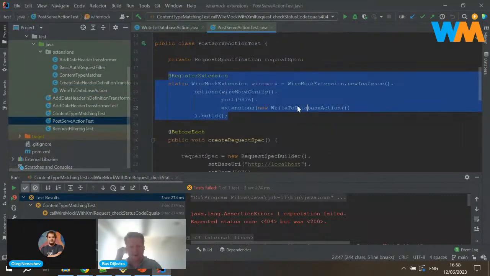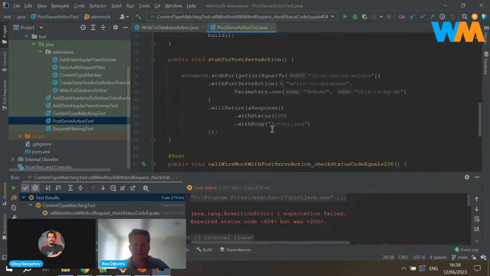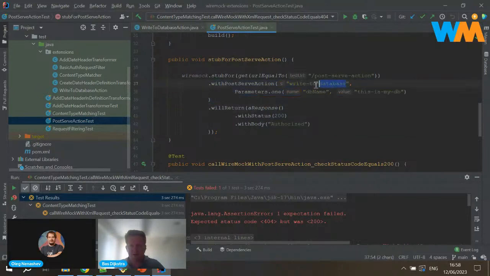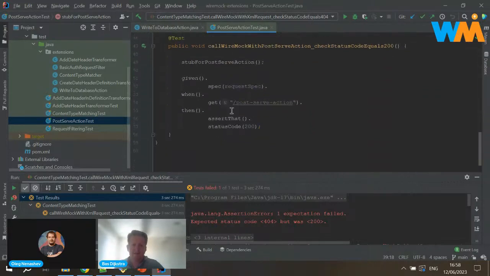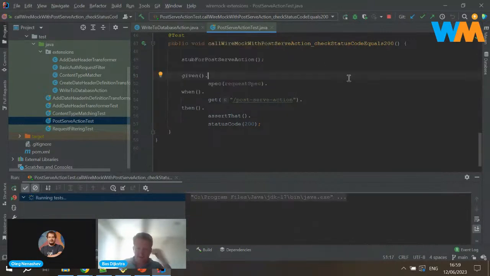Again, I have a post-serve action test where I spin up my WireMock instance with that post-serve action, and I define the actual behavior of that post-serve action here for this specific response definition. I say I use the write-to-database post-serve action, and I parameterize that. I pass in that this is my database as the name for the database. And if I run this test, it's already running.